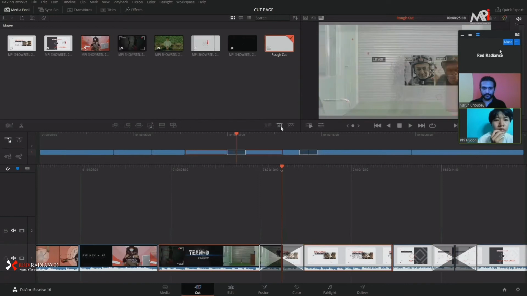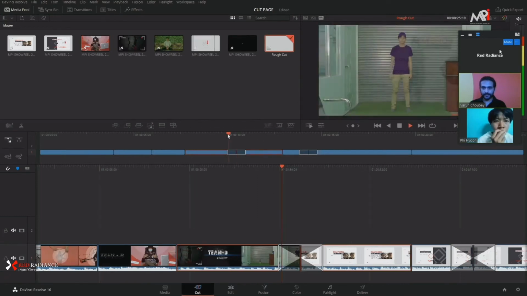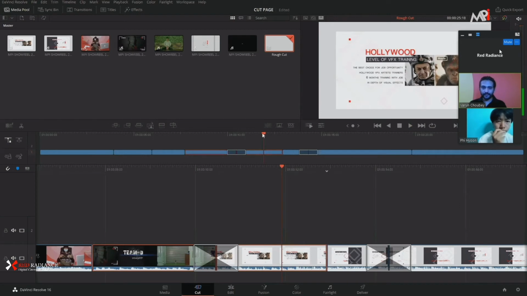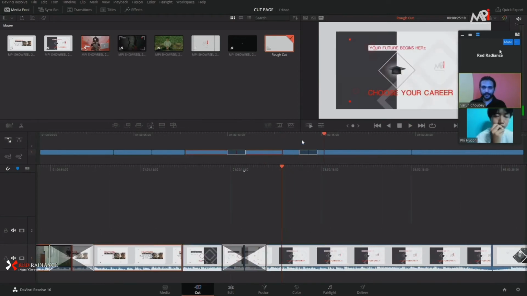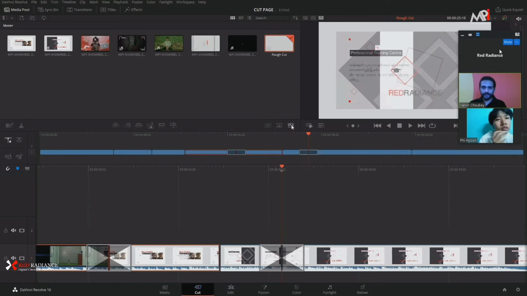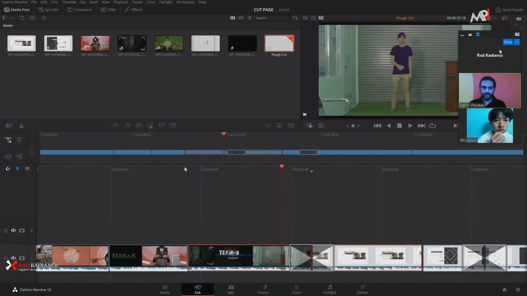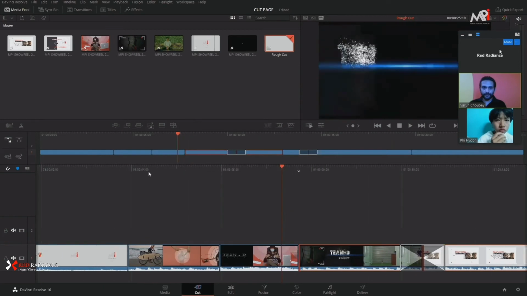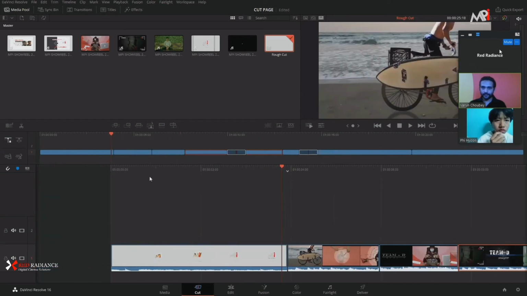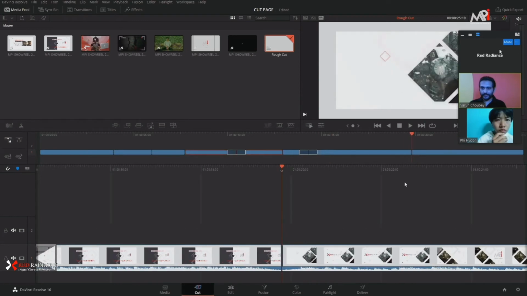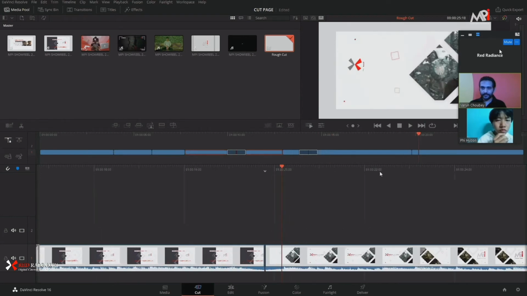Let's see if yeah I can add this wherever I want. Okay, so adding transitions is also very quick. And then there's another transition which is specific to Resolve called smooth cut. Now what this smooth cut does is it morphs your footage. Now we don't have an ideal cut here to explain what